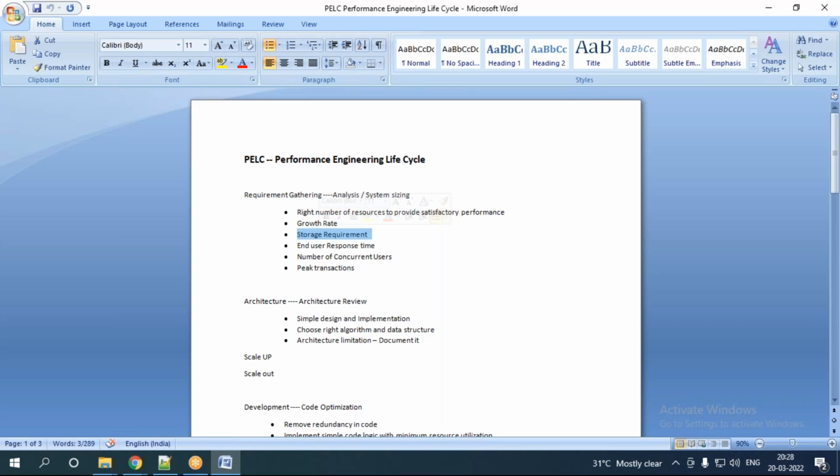Based on the customer activity, you have to think about the storage requirement. Performance engineers will think about that during the requirement analysis phase. And then end user response time.